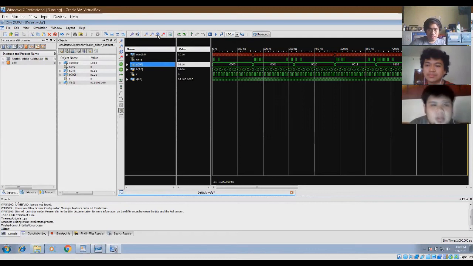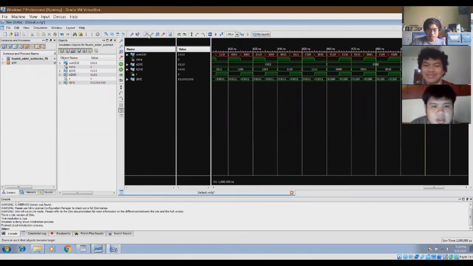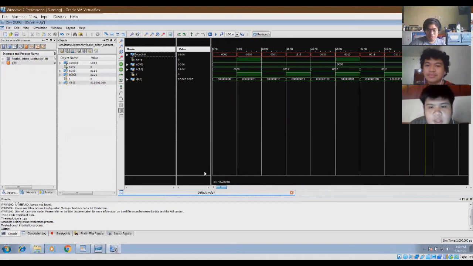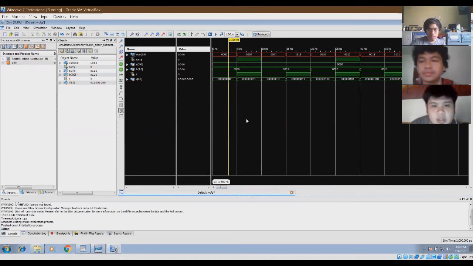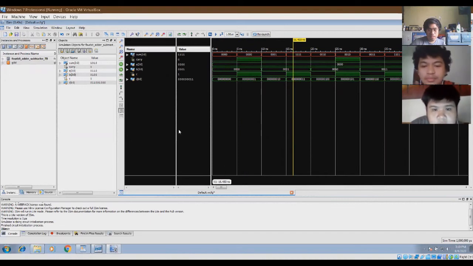As we zoom into the waveform, let's focus on a single time interval. As we can see, for example, in that one, the input for A is 0, but the input for B is 001, which is the decimal equivalent of 1. So the operation that has been conducted here is